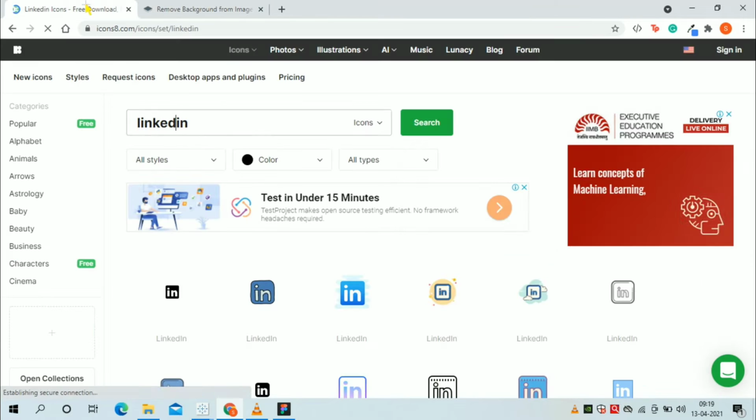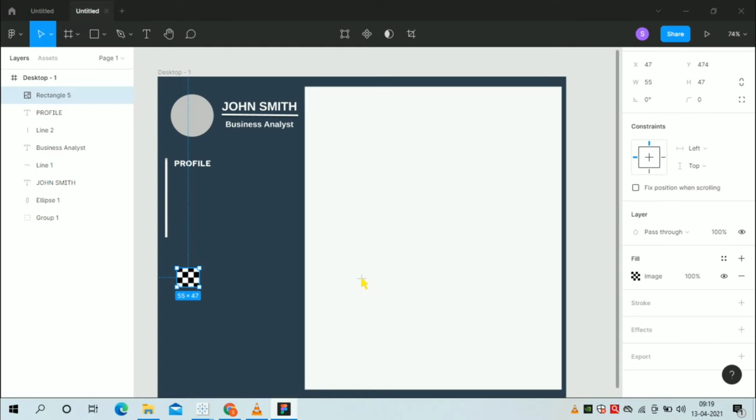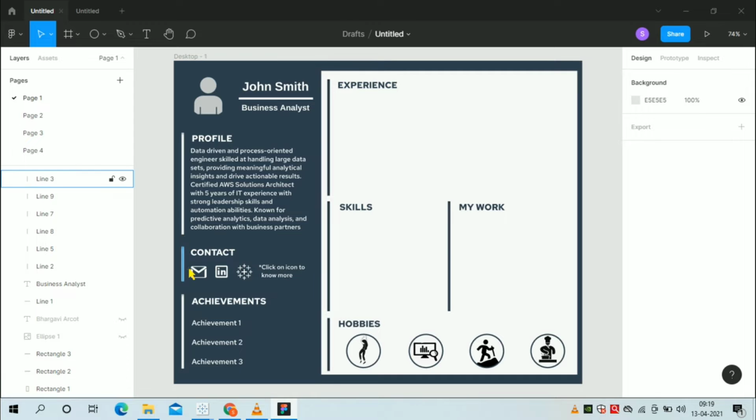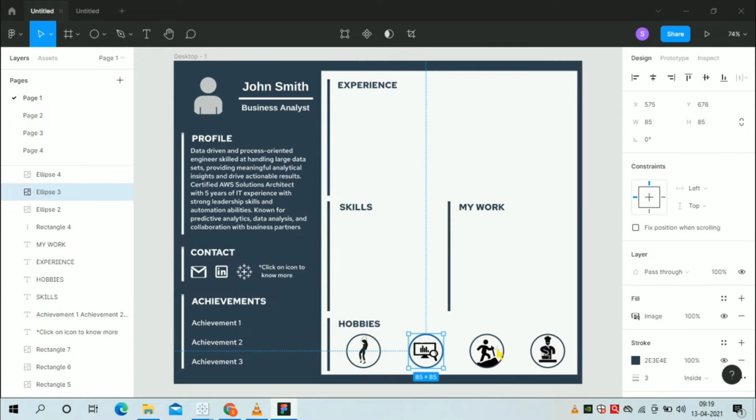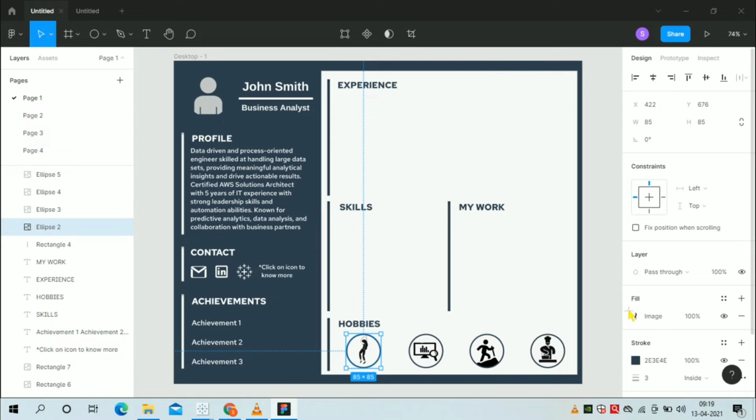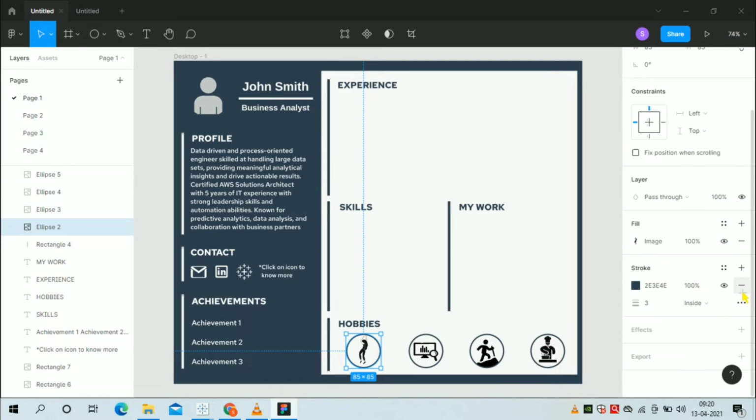I particularly use this for my templates. In a similar way, you can add the icons for your hobbies, Gmail and Tableau. I have added the edges to the hobbies using the stroke.